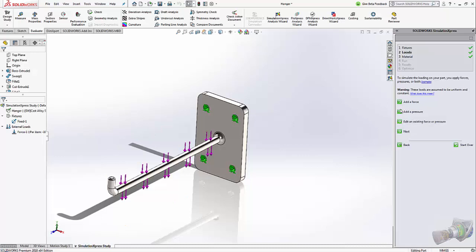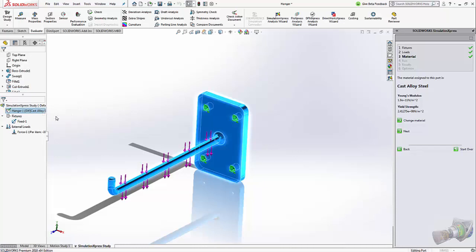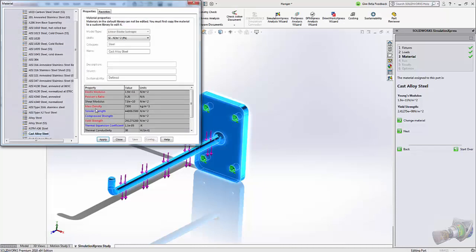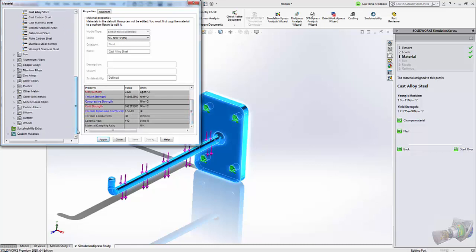Even I can add a pressure or additional forces wherever you want, or maybe you can edit an existing force and pressure. Click next. You have the Young's modulus and yield strength, that is depending on the material which is applied. So when you apply a material, you can see that there is some yield strength available already. Okay, so the material strength is already defined, but if you want to change it, what you can do is